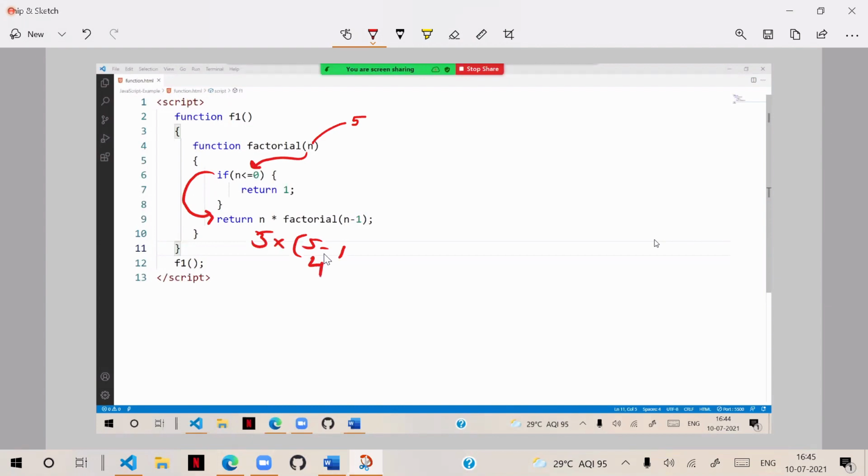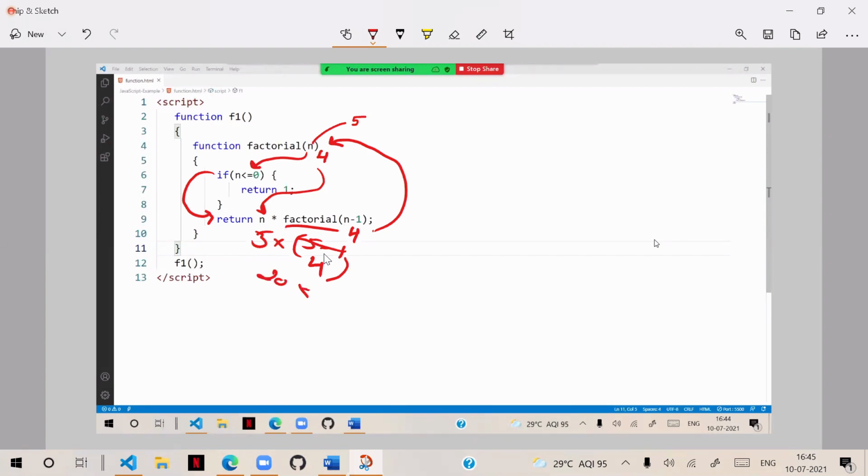After that, this function is called again, this time with the value 4. That means this time n value will be 4. And again it will come here, so 5 fours, we have 20.